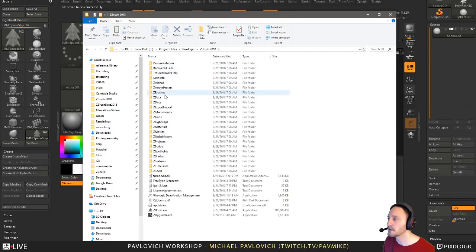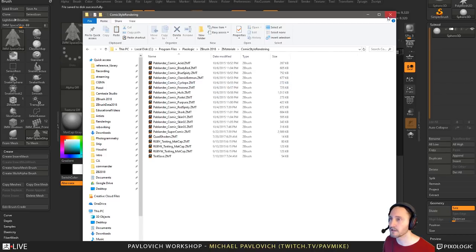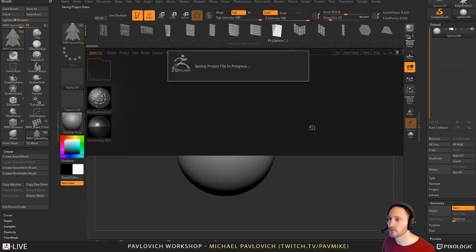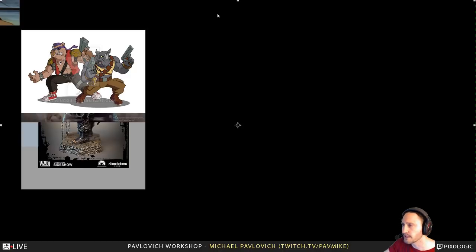2018 Z materials. We can paste that in here. So now we have the Z materials in that folder. Oops. Well, I had nothing open in here. So if ZBrush ever does crash, the good news is, in this case, we're not really gaining anything,